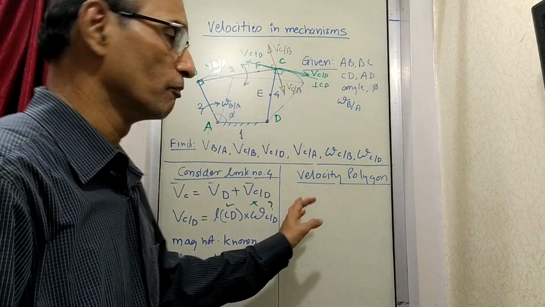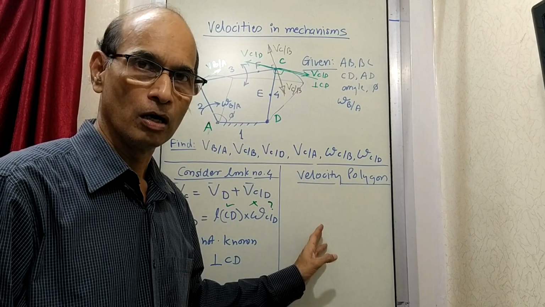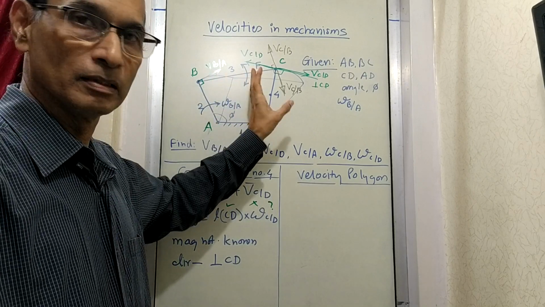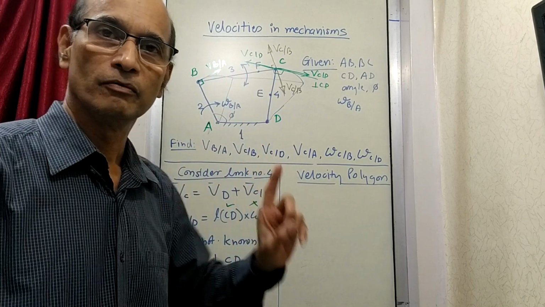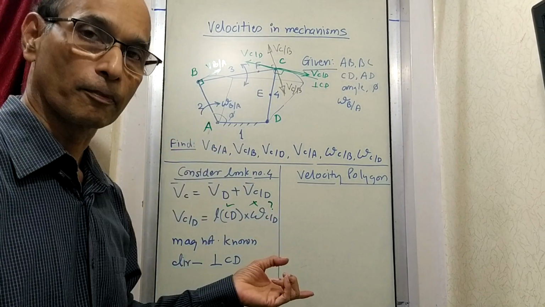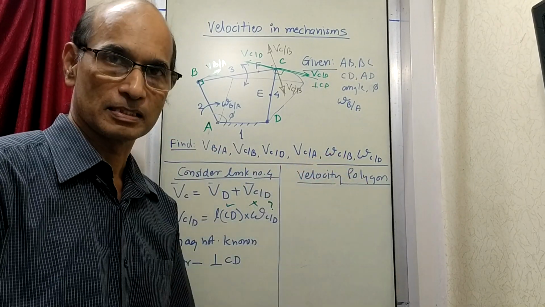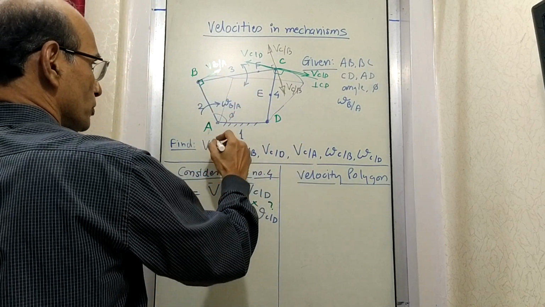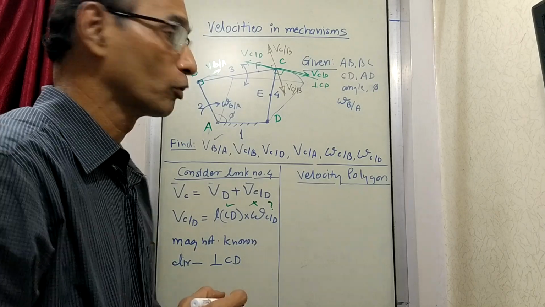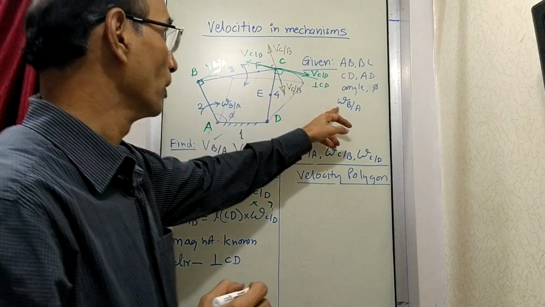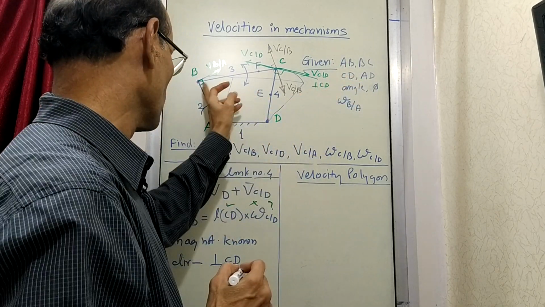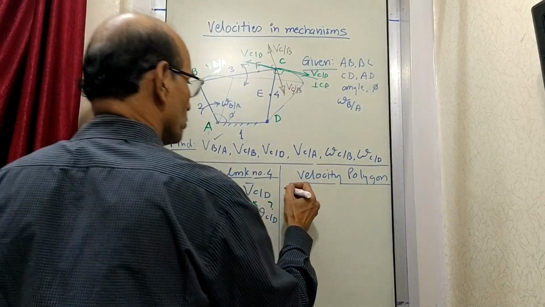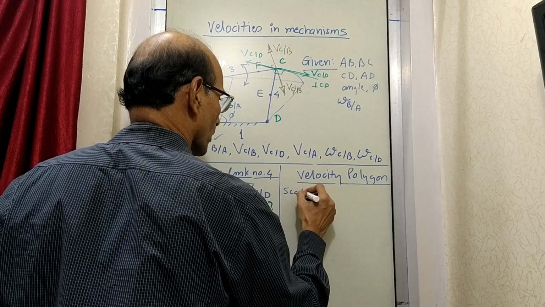So this is the velocity polygon which we are now going to draw. We are going to show the vectors and the equations formed by vectors, and in the process we will be able to find all these answers. See how this is done. The first thing is the velocity of B with respect to A, which we found earlier, because R and omega are both given, so we know this velocity completely at the start itself. Now the procedure says, first you have to of course set the scale.